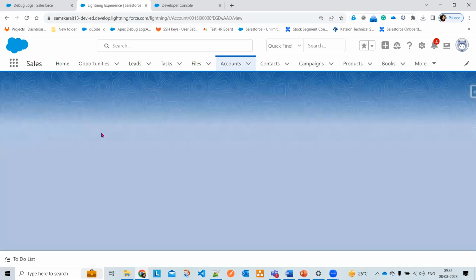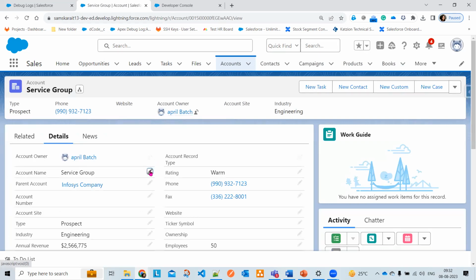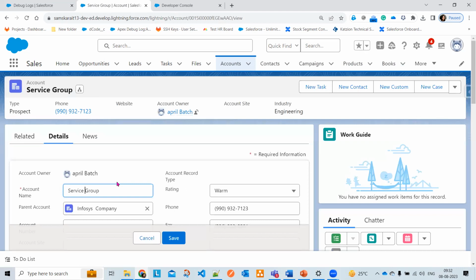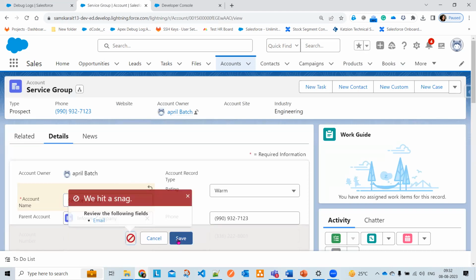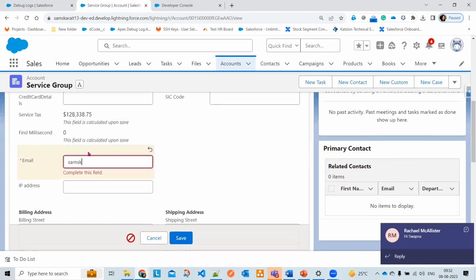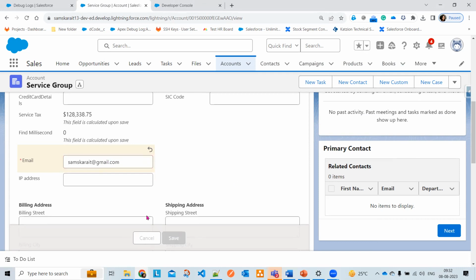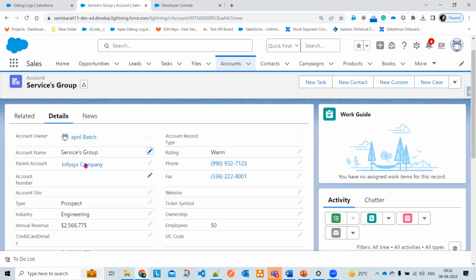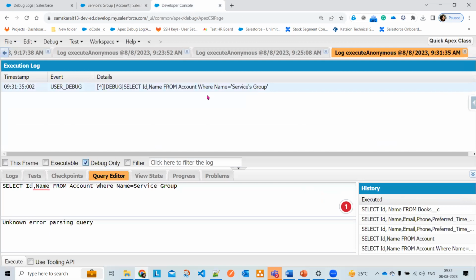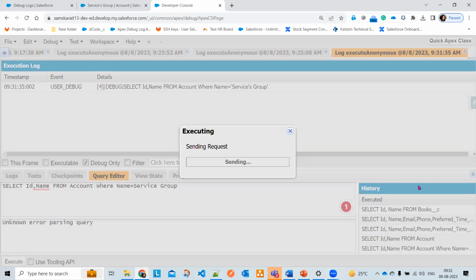Let's modify this. Services group. Save. Email is mandatory. @gmail.com. Click on save. Now we have a services group. Now I'm going to execute it. If I try to execute it, it should pull me the